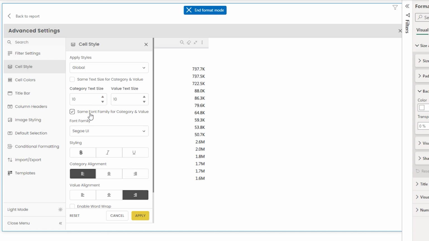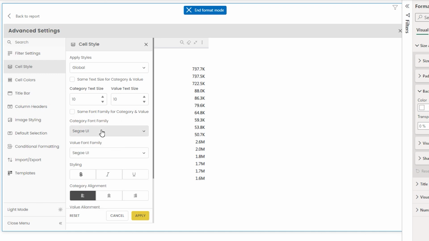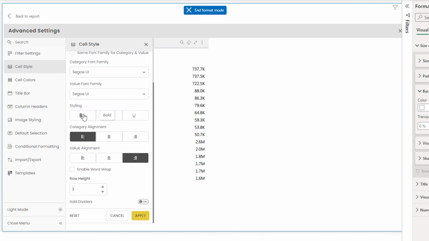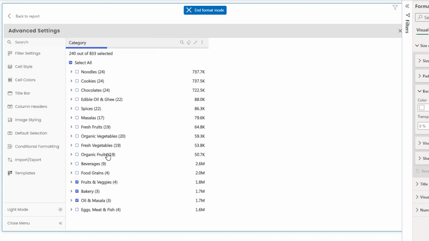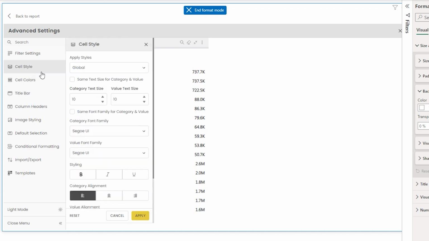And then likewise, we also have same font family for category and value. If you uncheck this box, then you'll be able to individually select the font for your category and font for your values. And likewise, if you scroll down below, you have styling wherein you can choose bold, italics, underline, etc. You also have category alignment here, the value alignment. We also have row height here. You can adjust the row height from here. For example, if you need more height here or space between the categories, you can adjust that right from here